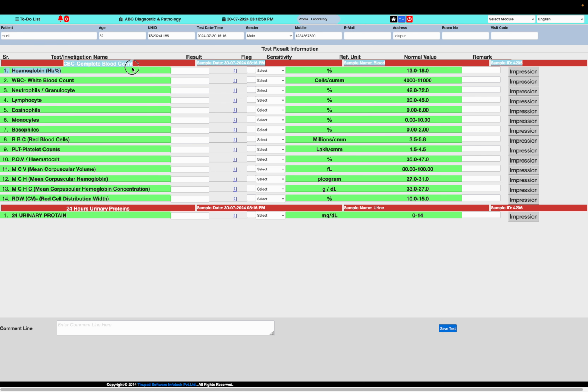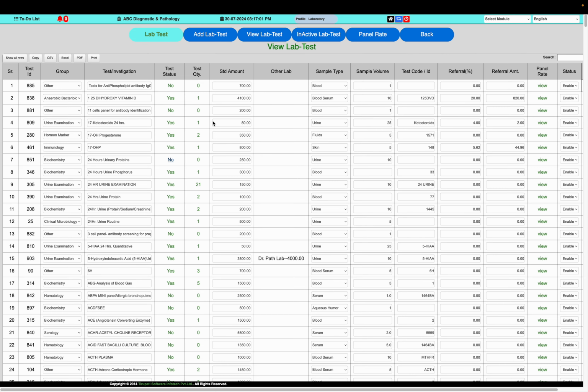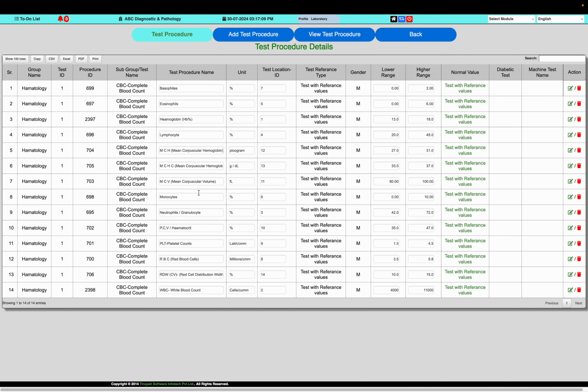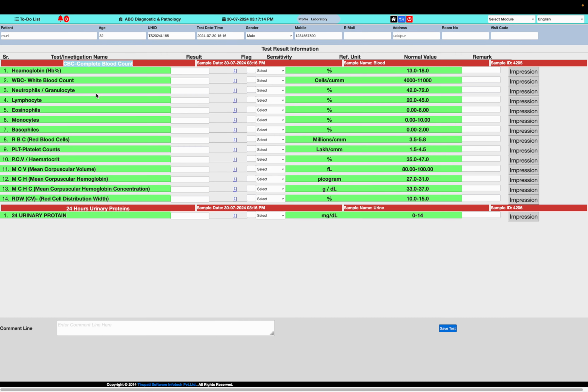Now suppose you want to define the reference value of the hemoglobin under CBC, you want to change it for this test. We can easily go to this master window, and let me show. Control F, we find the test CBC here, number 415. We click all parameters and get here